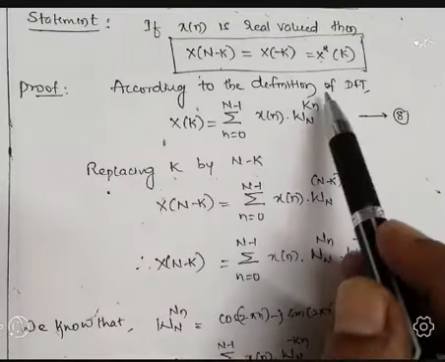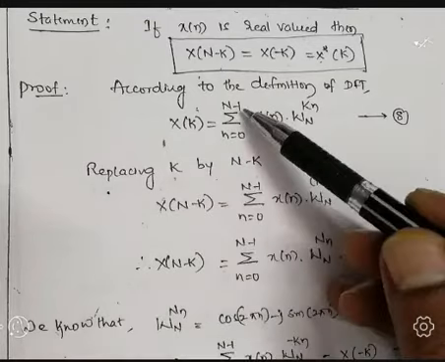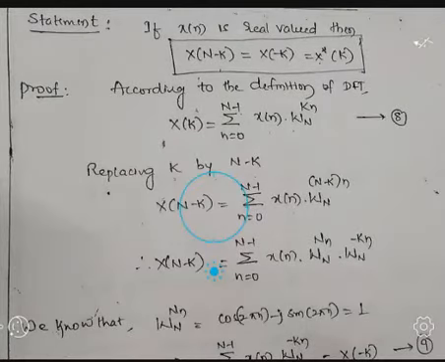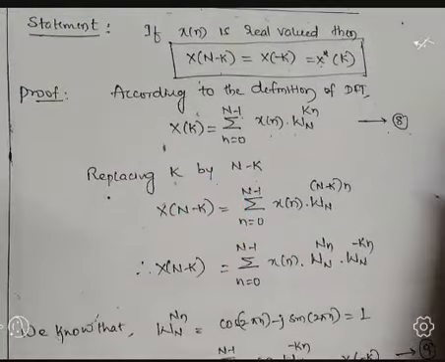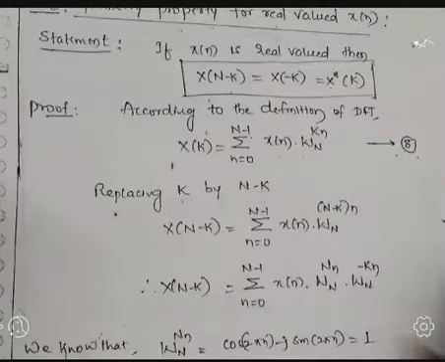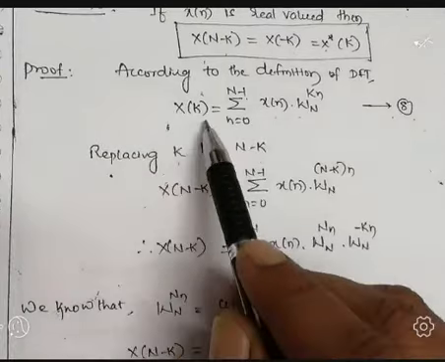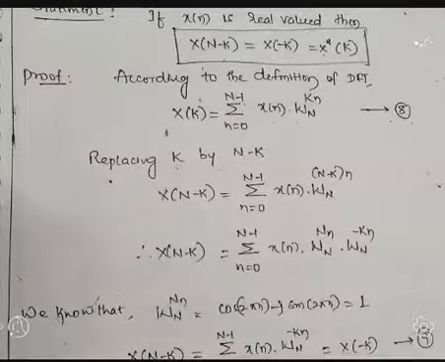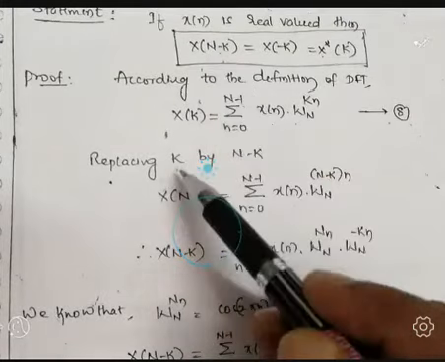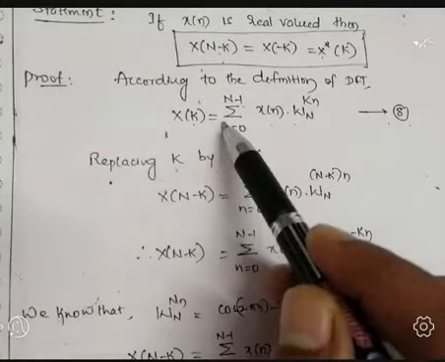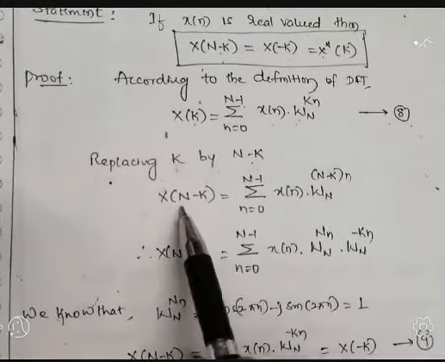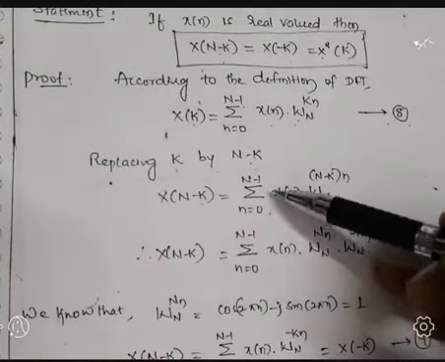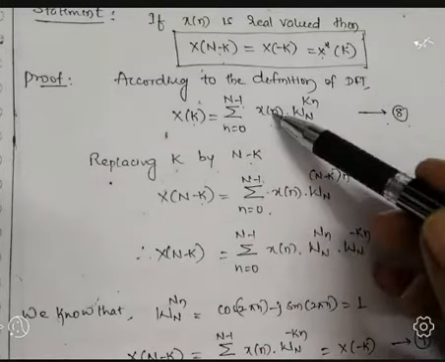I will write the definition of DFT. X of k equal to summation n equal to 0 to N minus 1 x of n multiplied by W N to the power kn. Let us write it as equation number 8. Continuity is there; equation 6 and 7 are there, so next is 8. Now in this definition of DFT, I am replacing k. We have to prove this statement, where N minus k is there. So replace k by N minus k in the above equation. So X of k is replaced by N minus k: X of N minus k on the LHS. In the RHS, summation for the limits n equal to 0 to N minus 1, x of n as it is.